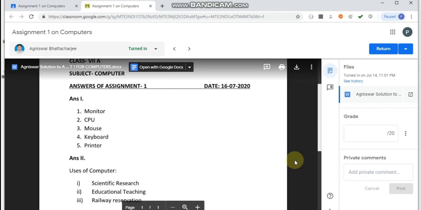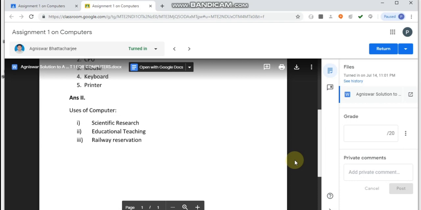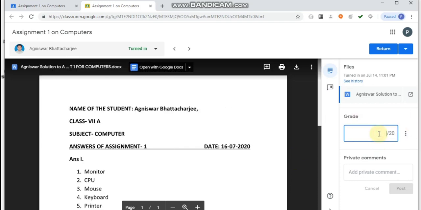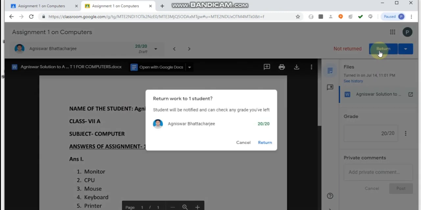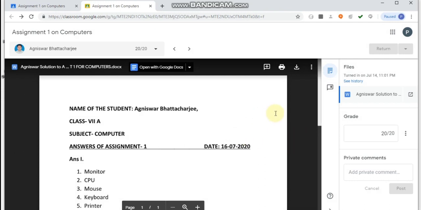Now the teacher will check the assignment. If it's okay, then the teacher will assign a grade, suppose 20 out of 20, and the teacher will return this to the student. The student will be notified and can check any grade which the teacher has left for the student. So click on return. So you have returned the solution to the student with the grade.